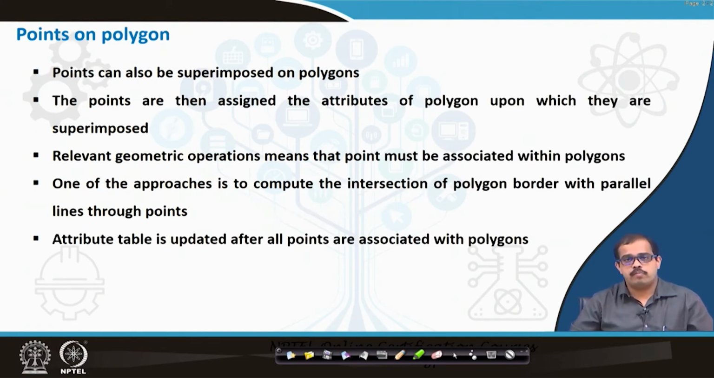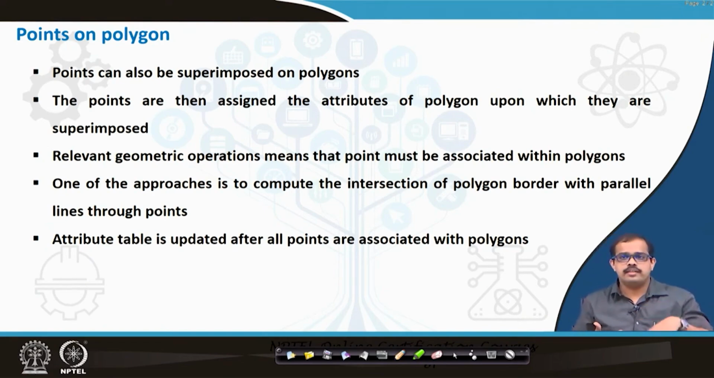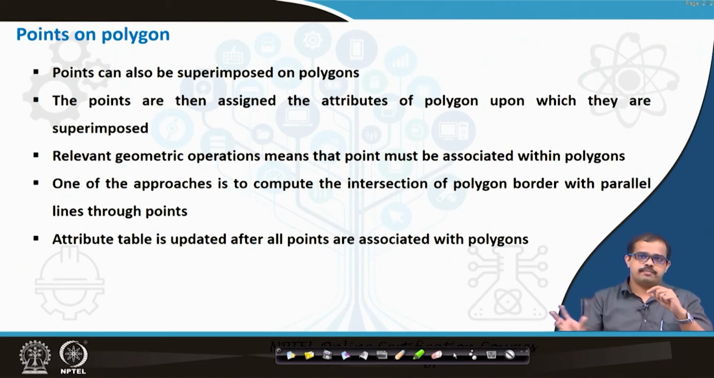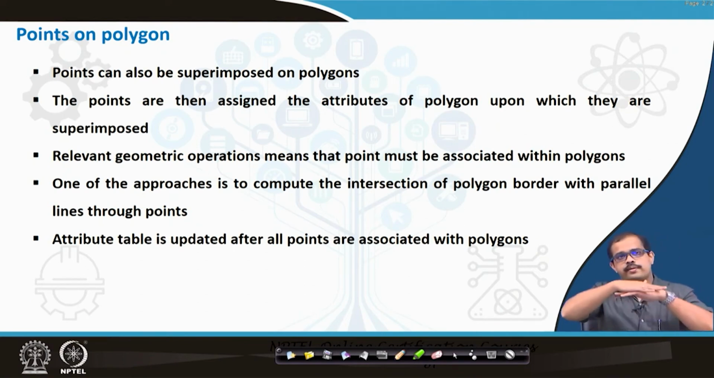Then points on polygons, this is the second type of overlay operation. Points can be superimposed on polygons, it is as simple as this. You have a number of polygons. Now, I want to find out how many trees are there in a city. So, I have the tree layer which is points. Then I have the city boundary. I have buildings in that particular city. Buildings are nothing but polygons. So, if I have to find out how many trees are around each building,